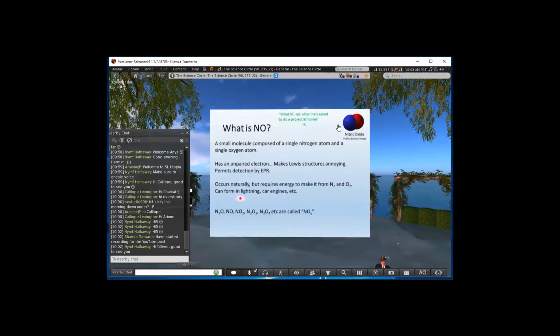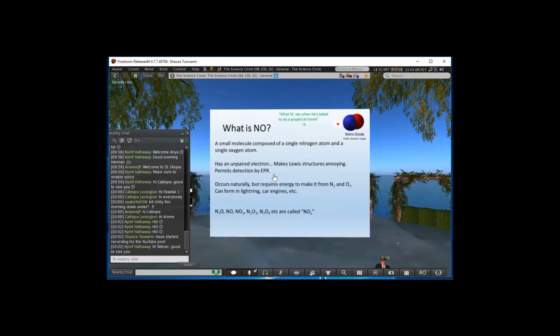Alrighty, so good question. What is NO? It's a small molecule. It's got one nitrogen atom and one oxygen atom. And here's the thing. Nitrogen has 5 valence electrons. Oxygen has 6. There's an odd number of electrons. There are a total of 11 valence electrons, and only 2 atoms. There's no way to divide these up so that you get every electron in an orbital paired with another electron. This gives nitric oxide some interesting properties.